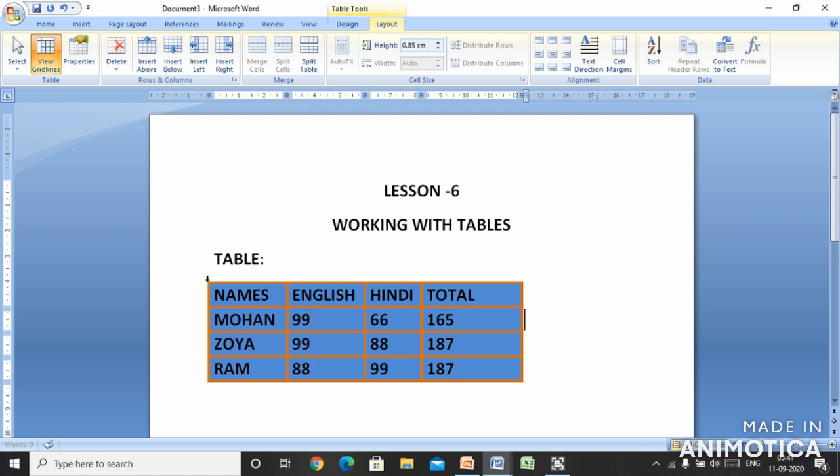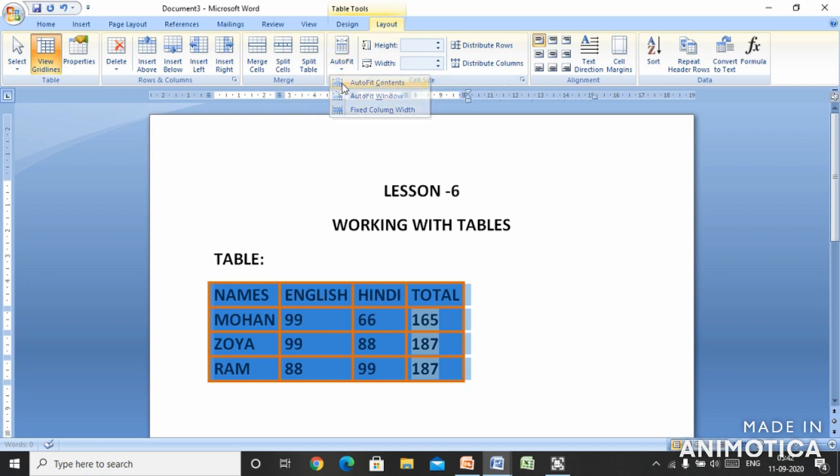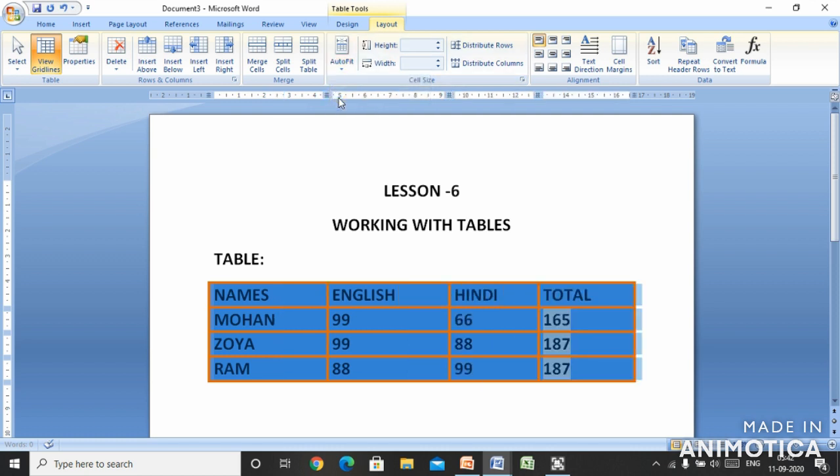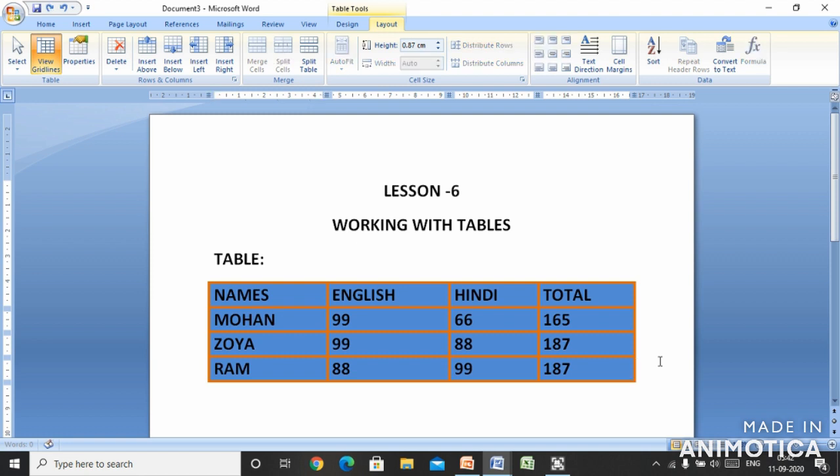Now next is how to set the table according to the window. So first of all, select this cell. Now see here, auto fit window in the cell size. Select here auto fit content, that is, the table should be made according to the data you have entered. What is the use of auto fit window? It will set your table according to the size of the window. Okay children, so this was about the table. Clear? Now Control Z again. So this was about the table, how to insert rows, how to insert columns, how to enter the data, and how to delete the rows and columns.